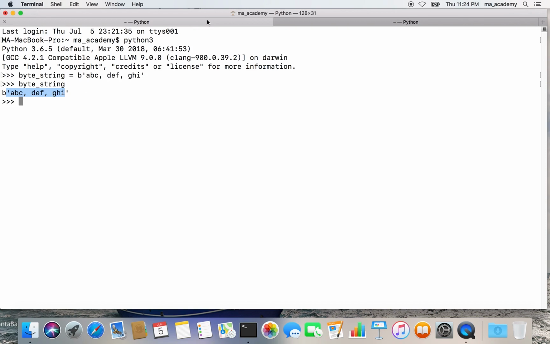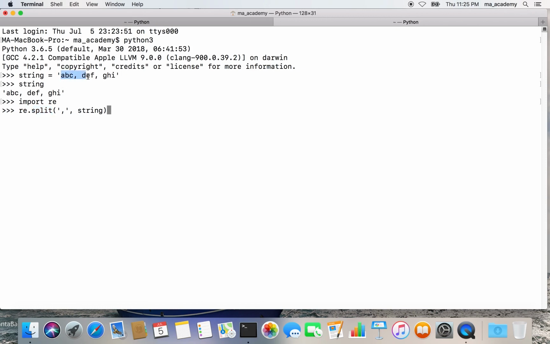Now let's say we want to use regular expressions. So how do you use regular expressions on byte strings? Let me first do it in a plain string. Let's import re. Now let's say we want to split it using these commas. So we say re.split, and we say split it using the commas, and do it using this string variable. This is the re module we imported. We are saying use the split function of that module. What it does is that it splits